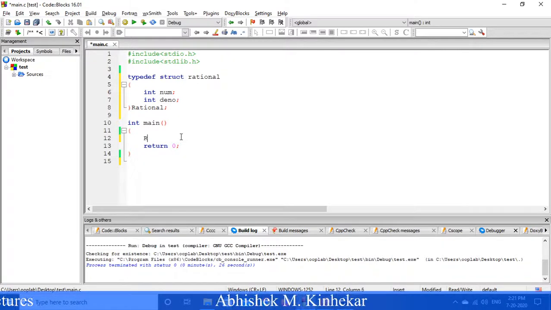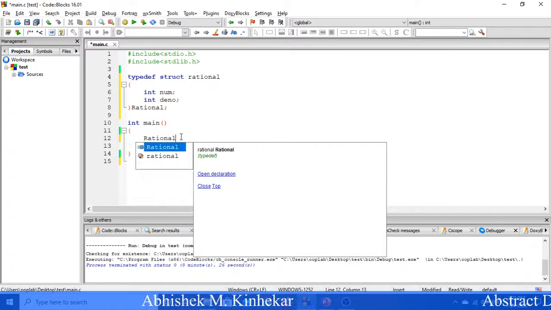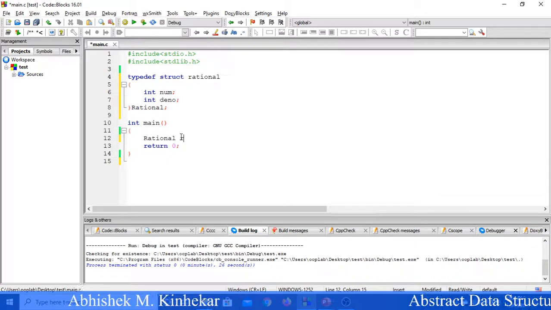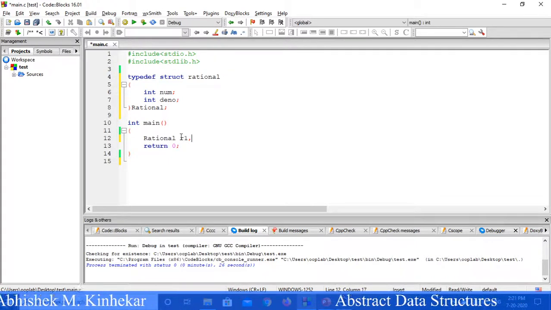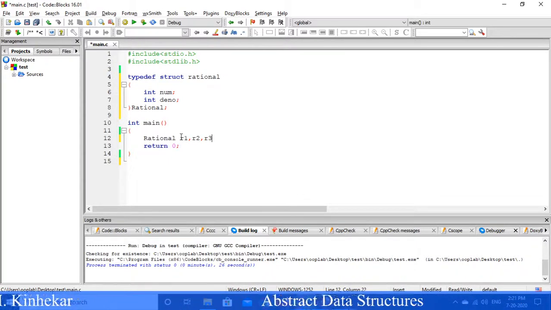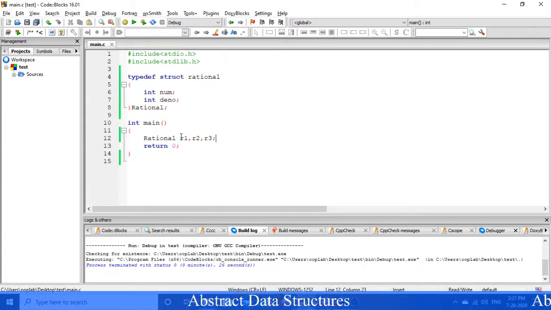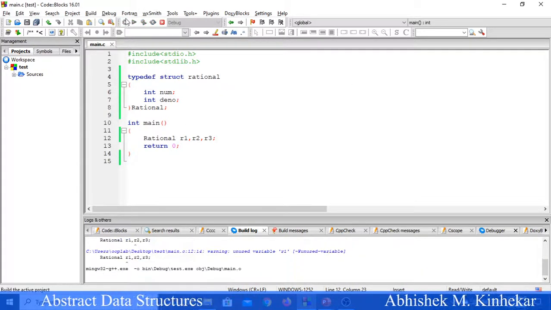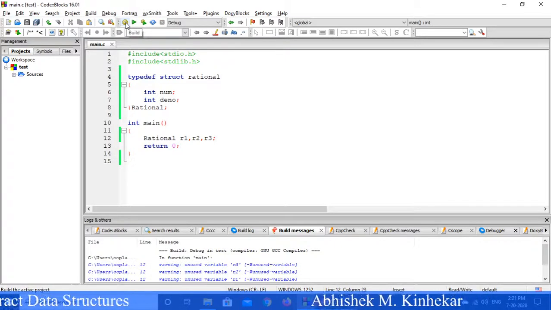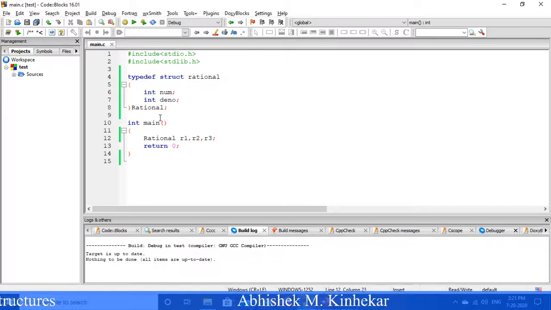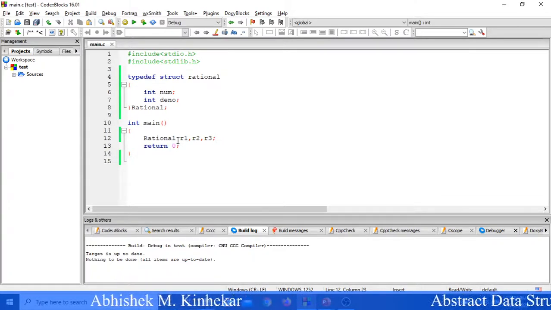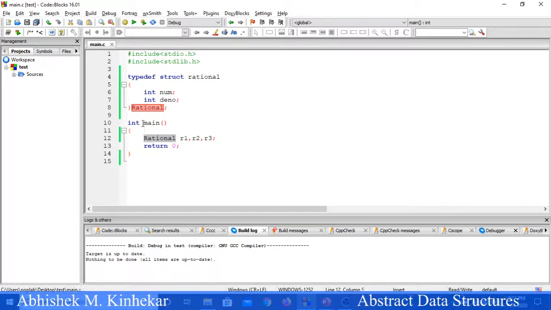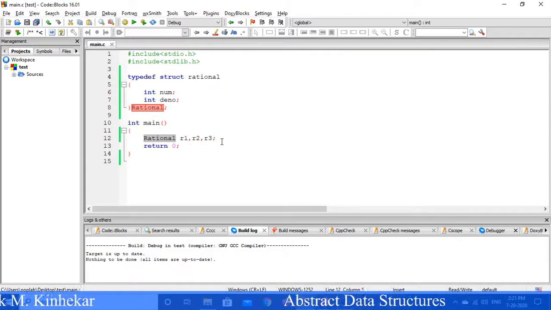Just like any integer, we write Rational R1, R2, R3; save. There are various warnings, okay. That simply means we have created three variables of type rational, which is a data type as we have declared here.